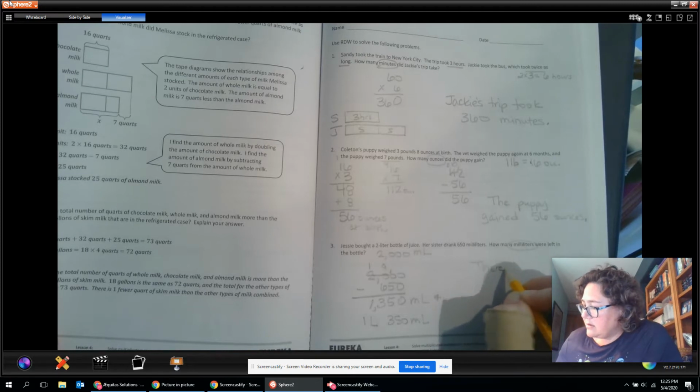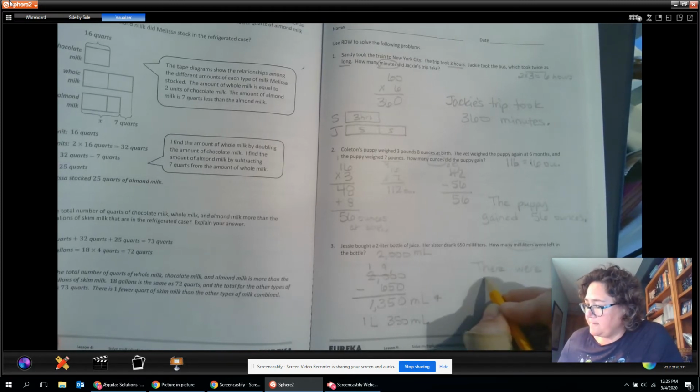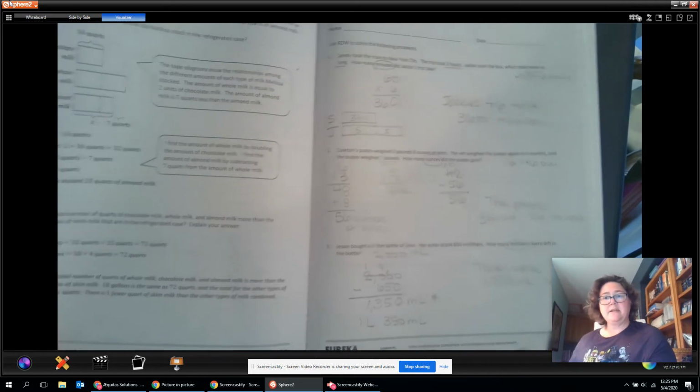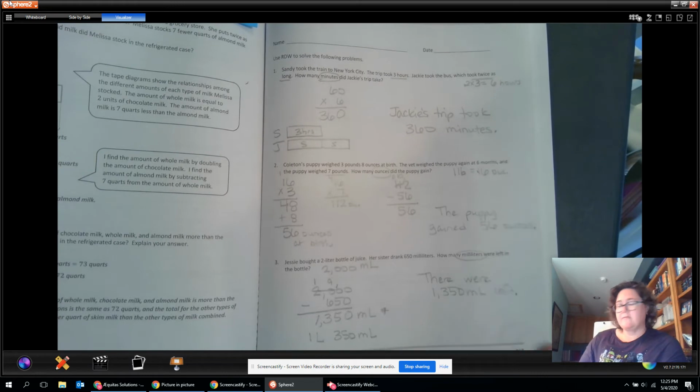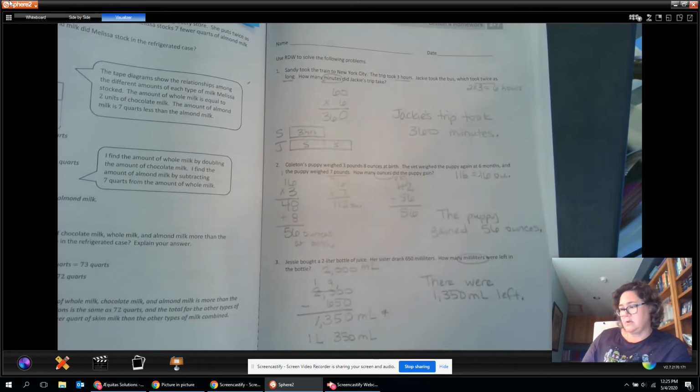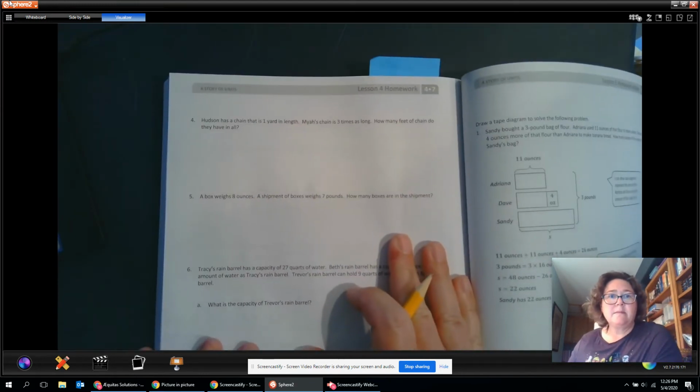So there were 1,350 milliliters left. All right, so there we have our first 3 problems. We've shown our work, and we've also gotten our answers in a full sentence. On the back, number 4,